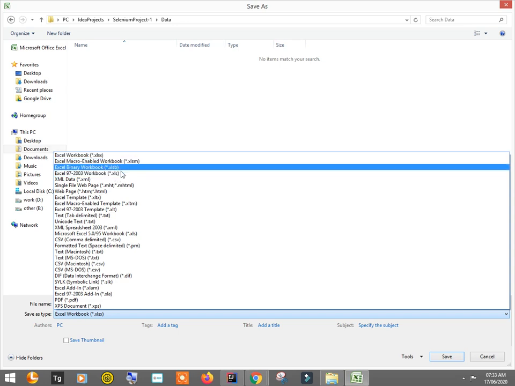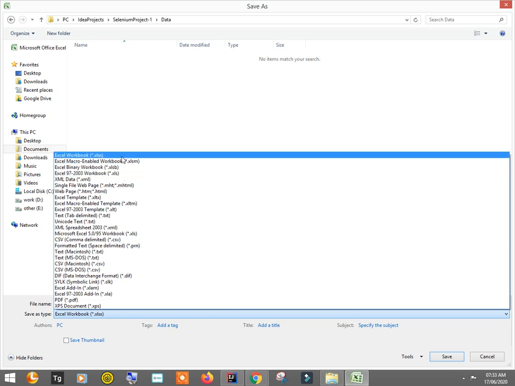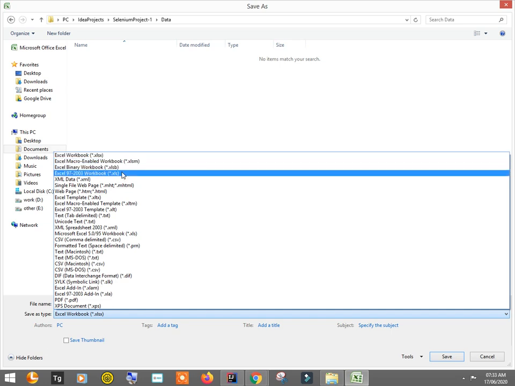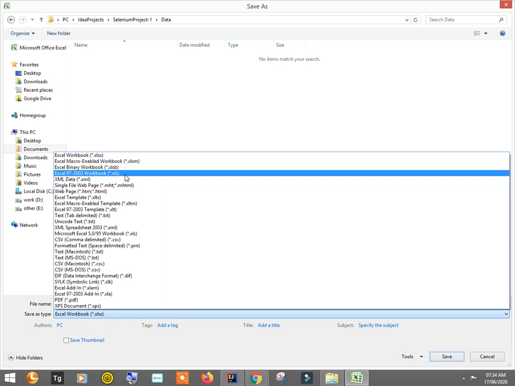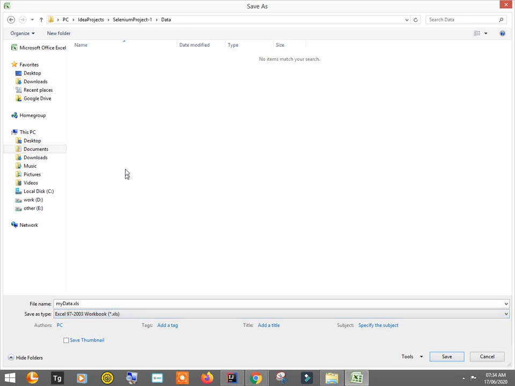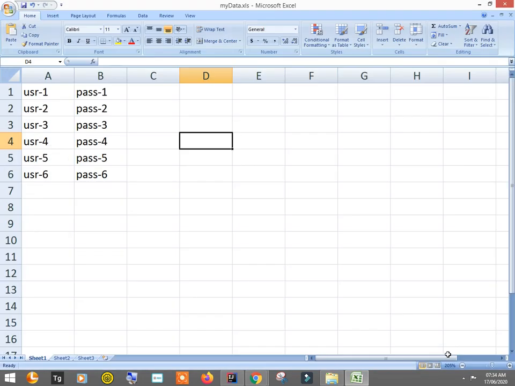Data provider mainly supports these two kinds of files. First I'll show you how to do that with the extension .xls. I'll choose this and save it.